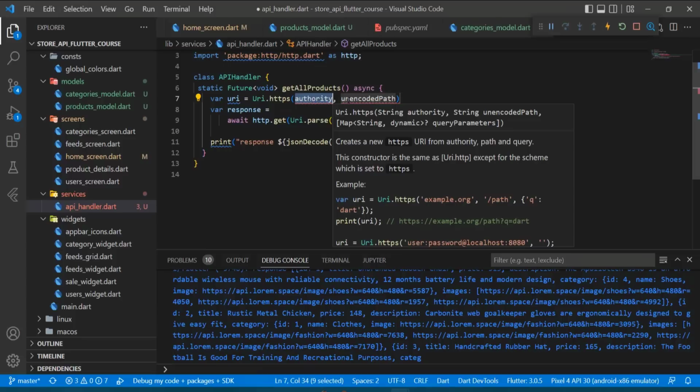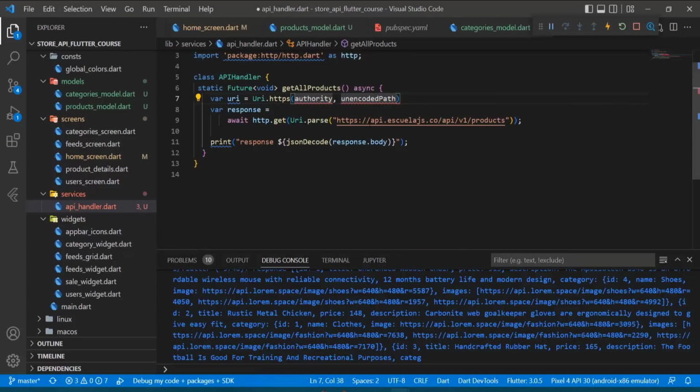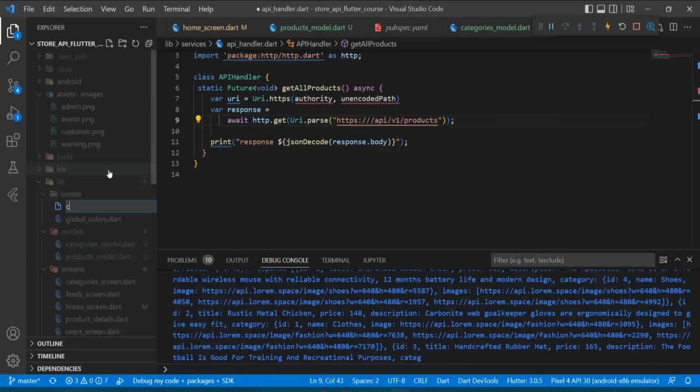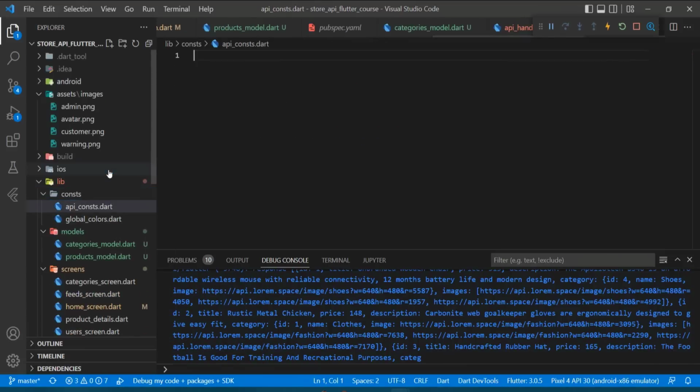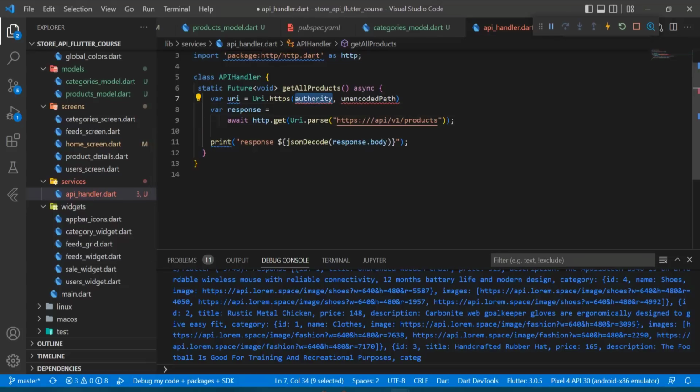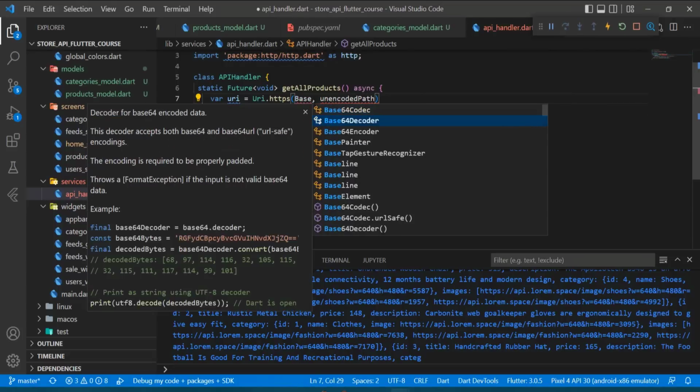And now you have the authority and an encoded path. In our case, the authority is this one, so I will cut it, and I will create a new class for the consts, and I will name it api_consts.dart. Then I will say base URL equal to this, and of course it will be a string. And let's define the type, so string like this, and it is a const, so we can do it like this. And now for the authority, as I said, we can use the base URL